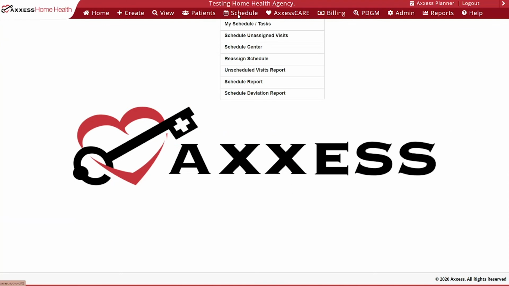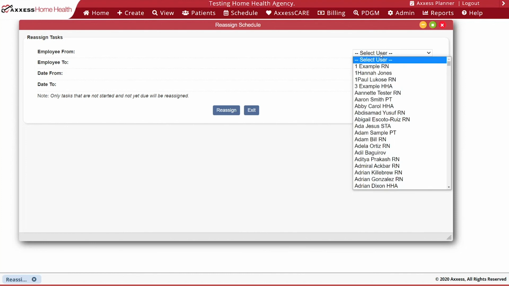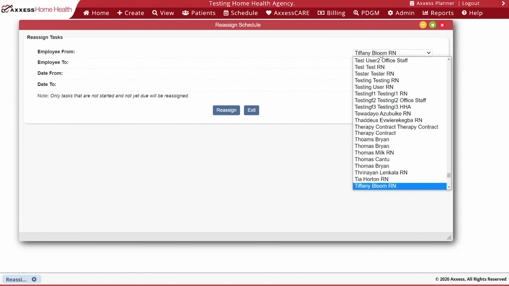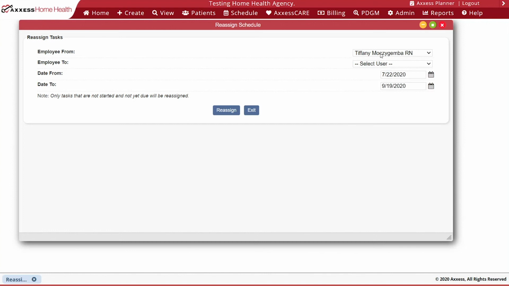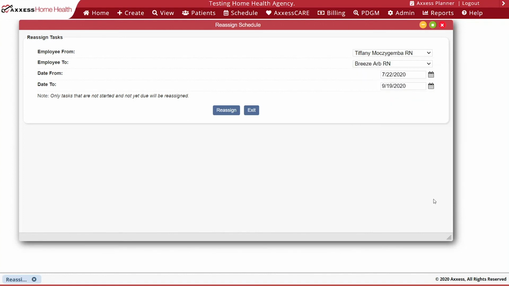Under the Schedule tab, we saw Schedule Center already. You have Reassign Schedule. This will move multiple patients. So earlier we saw it in the patient's chart for just that one patient. From here, if I wanted to go through and schedule everything from me now to another clinician, from a certain date to another date,